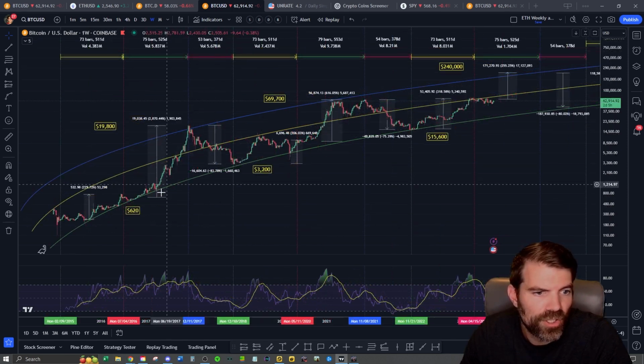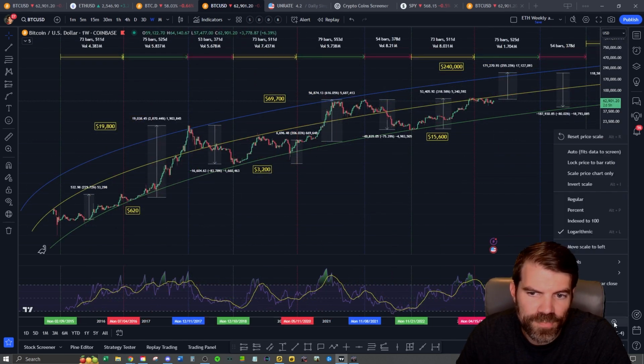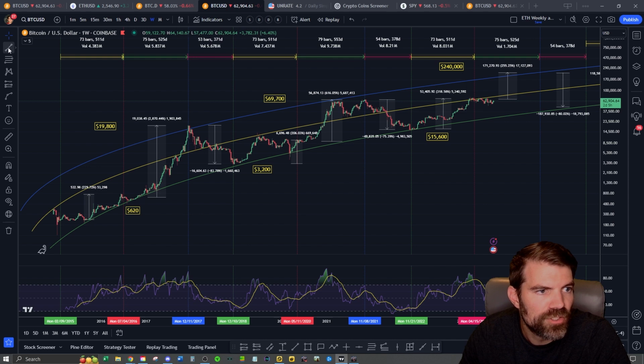And so what you're going to do is put it on the logarithmic scale in the bottom right-hand corner. You just click the little settings button, and then you click logarithmic. And then it's going to put it on here. Then you can go over to your